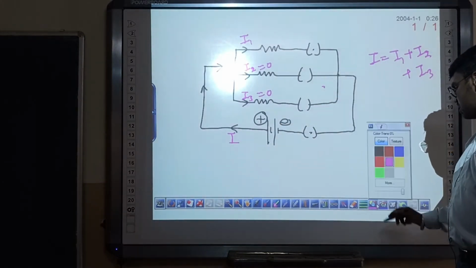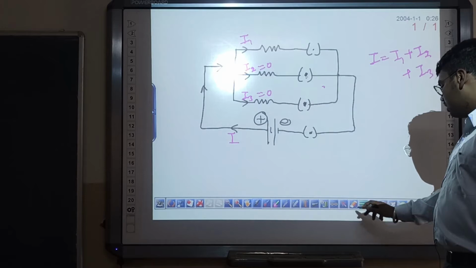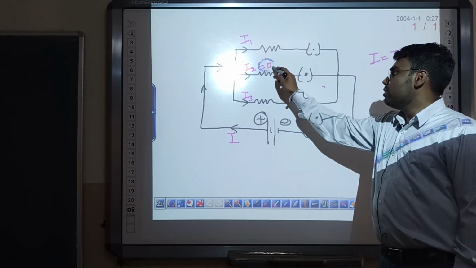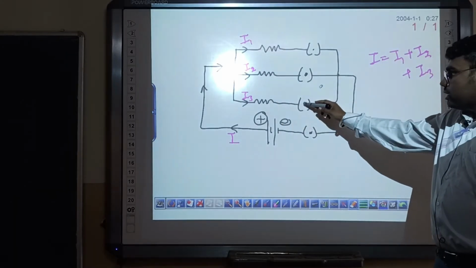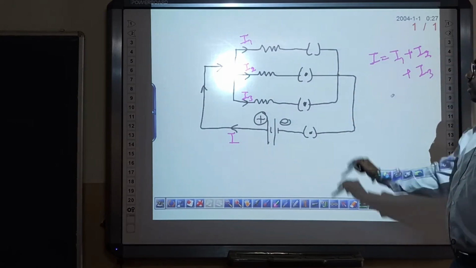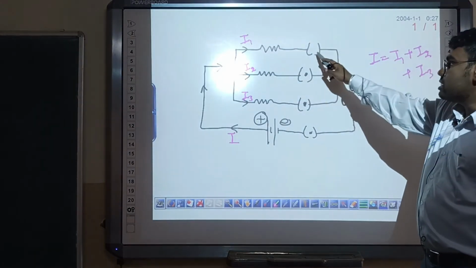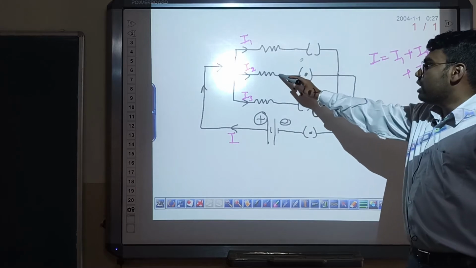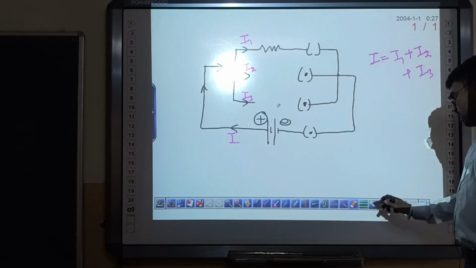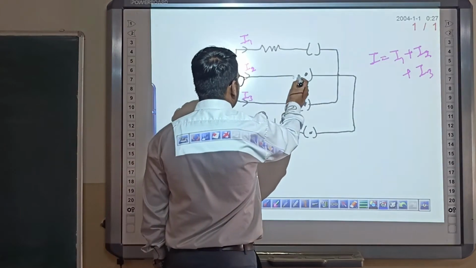If I turn on these switches, let us say we have turned on these switches, what will happen now? Now this current is not zero. This is also not zero. Now if we turn off any of these switches, let us say I switch off that one, now I1 becomes 0. Due to this, if we switch off this circuit, there is no effect on the other two circuits. We call it connection in parallel. This is how we connect in parallel.